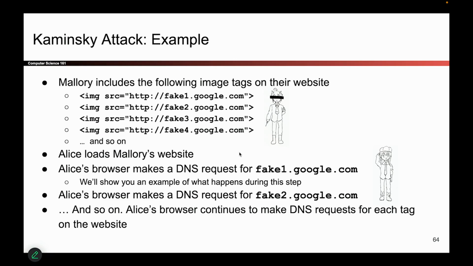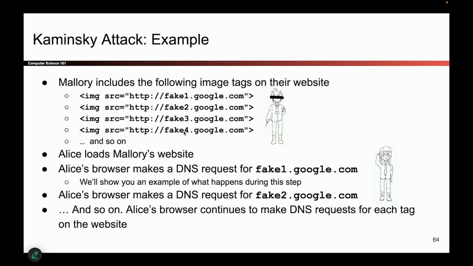OK, so how do you actually execute this Kaminsky attack that we talked about? We know that the high-level idea is to use fake domains, because that way nothing gets stored in the cache. And an attacker that loses can try again immediately, because there's nothing useful in the cache. So one precondition to make this attack work is Mallory needs to trick the resolver into making all of these